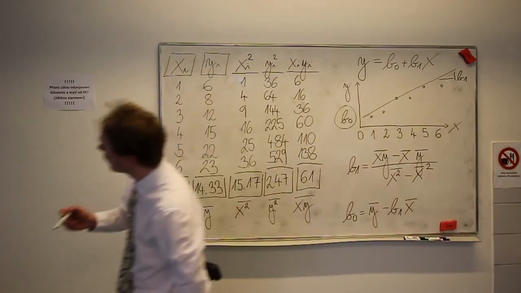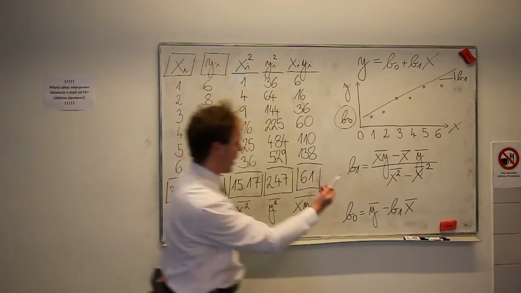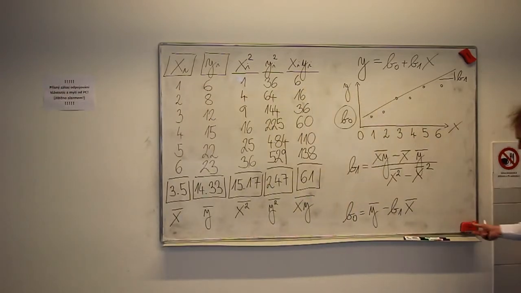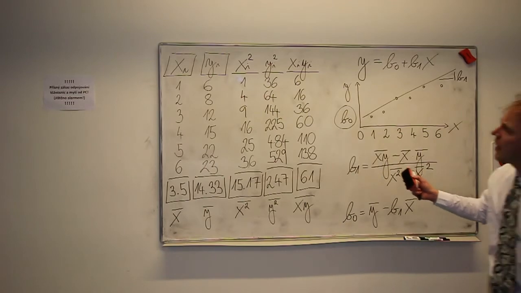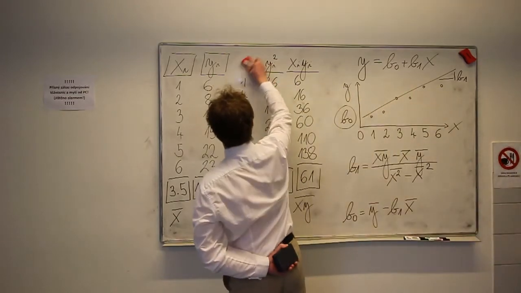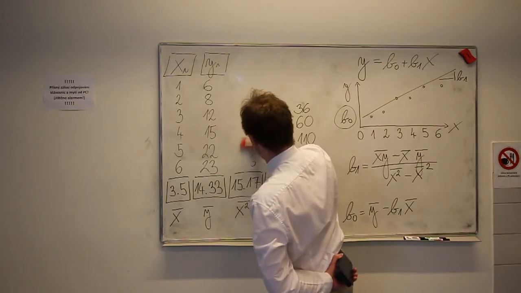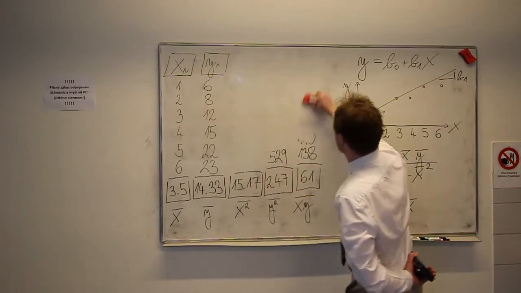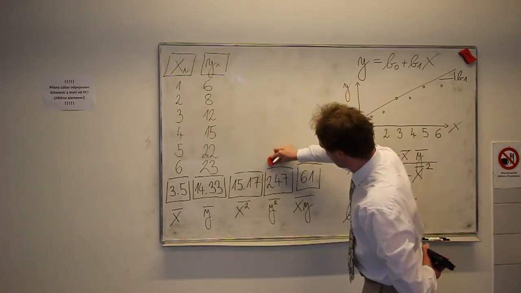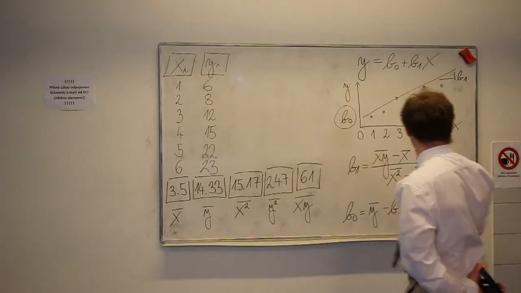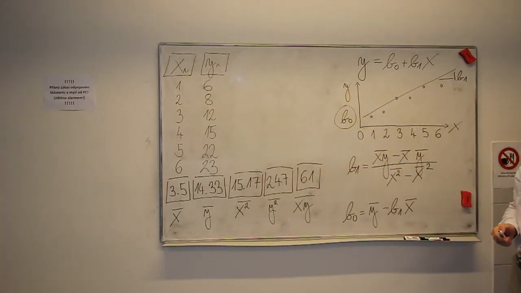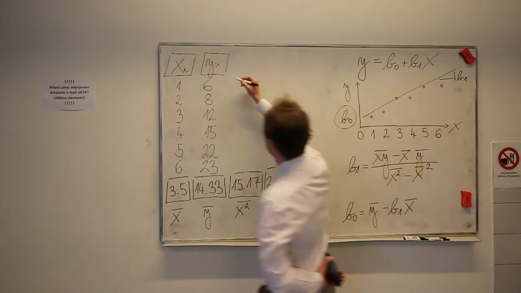I will check it. Yes, it's all right. So these two formulas we can solve now, yes? I think that it's not necessary to have this data set here anymore. So I will delete these columns and I will leave here only the final results, yes, and we calculate